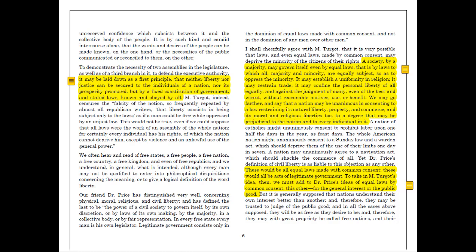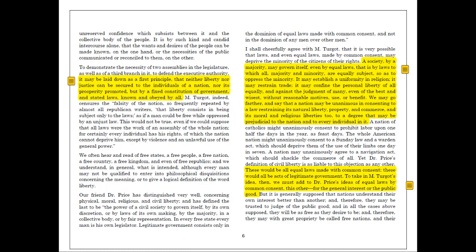And he essentially comes down to a kind of due process conclusion about that. That is to say, if it was popularly voted for, if the people genuinely wanted it, then it would check off these boxes. That would be fixed constitutions, stated laws known by all, right? It would satisfy those kind of procedural requirements, but there's this other thing: would it actually be good for the people, right? Could they be wrong in their judgment about what's best for themselves?